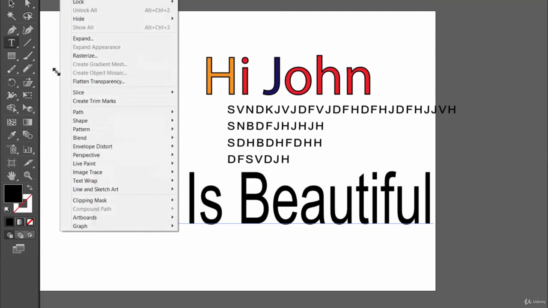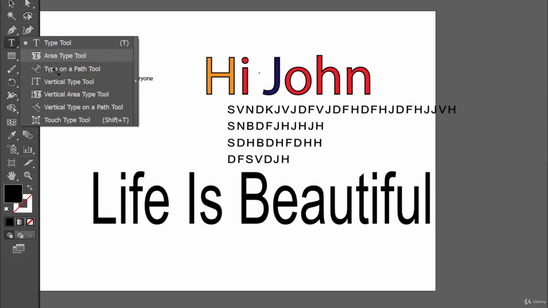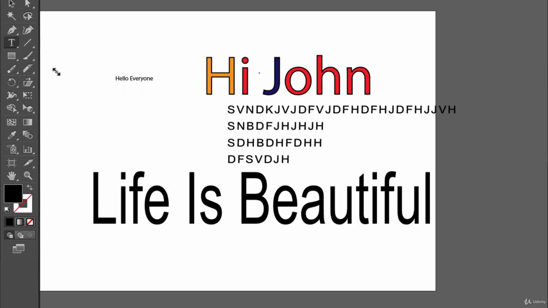Remember, we need to expand that text layer in order to work with individual letter. Okay guys, so I think that by now you have got the concept of how to work with this type tool. In our next lecture we will explore some more options here, but that will not take much time, because understanding how to work with type tool is important.